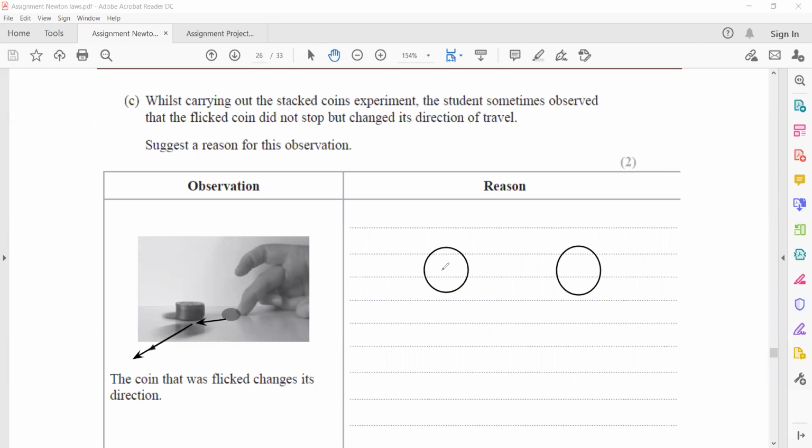If I mark the center of mass of each, and we flick this coin, and the centers of mass are in line with the direction of the motion, then coin A will move and coin B will stop. But if the collision is not according to their centers of mass,